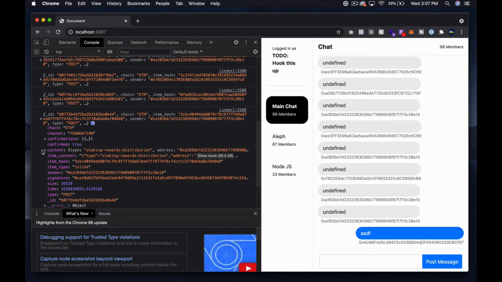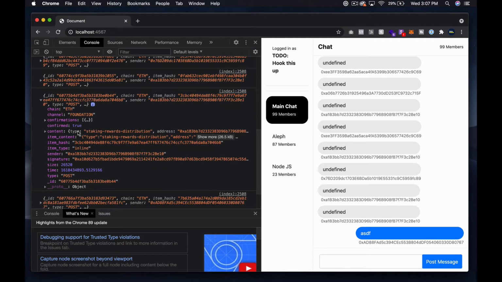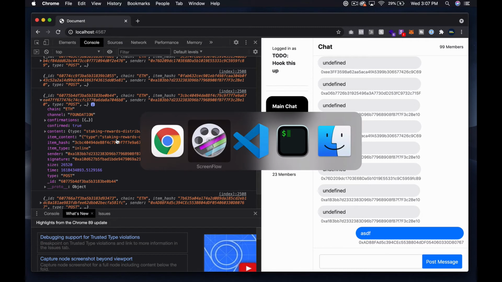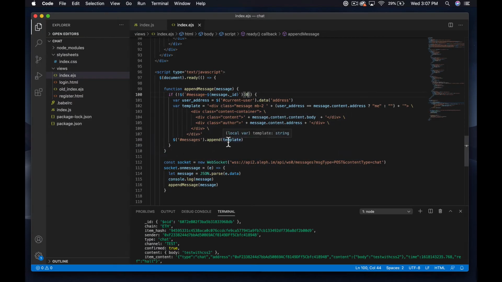But if you look at the WebSocket stuff, and I think we looked at this just a second ago, you have this staking rewards distribution. So we can do this a number of ways. I'm going to do something really simple and just check that there's actually some message content to print out before we show anything. We could also filter it out by type, and maybe we'll explore that a little bit more in depth. But what I want to do is basically say,